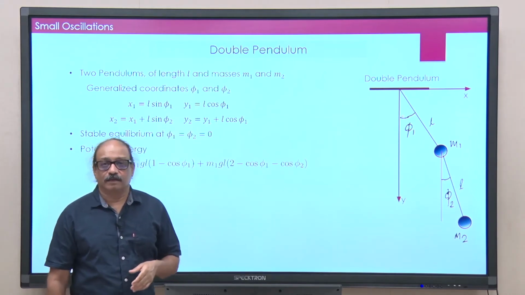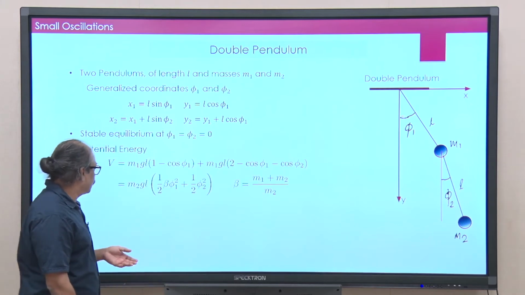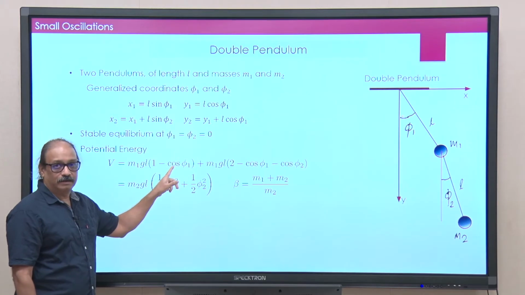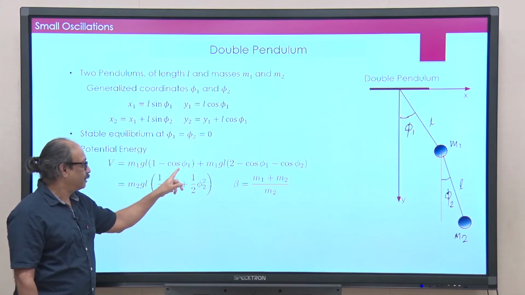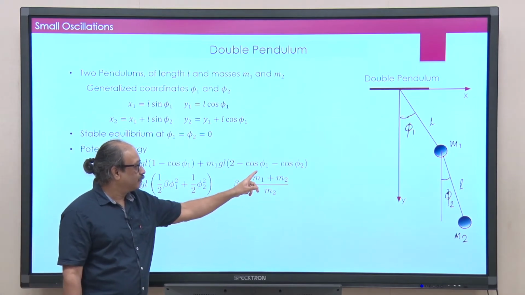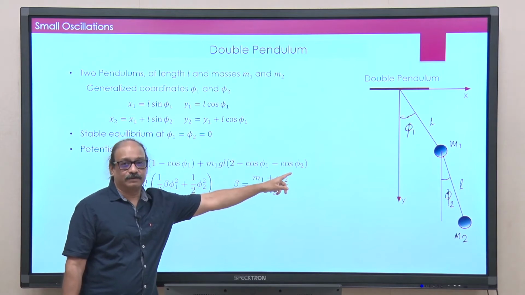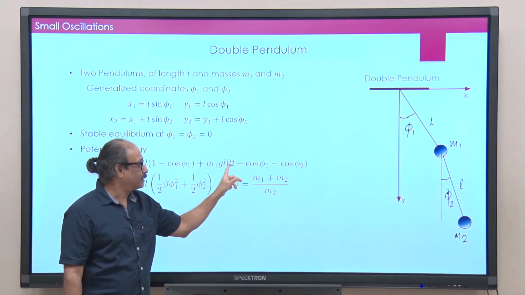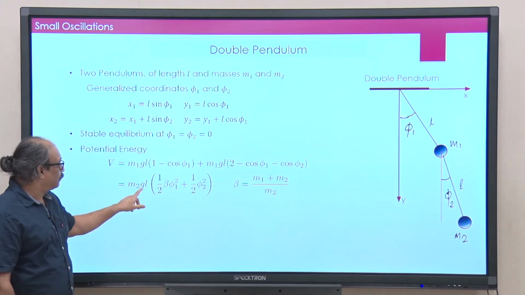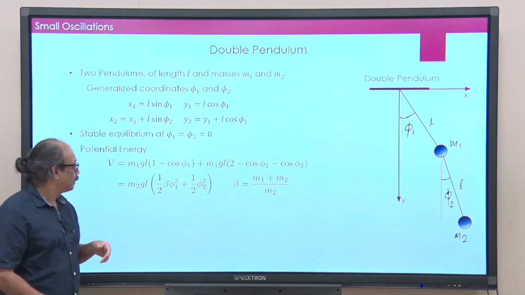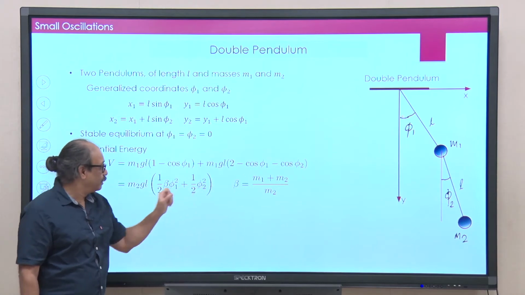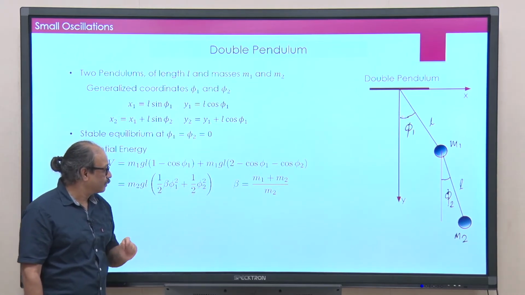And what do we do next? You do the Taylor expansion of this. Once you do Taylor expansion, then I get mg L. Here there is a term 1 which cancels with this one, and you get phi 1 square by 2, and then you get phi 1 square by 2 from here, phi 2 square by 2 here, and this one factor gets cancelled with this 2. And then I will take m 2 g L out of the bracket. Again remember m 1 m 2 g L into cos phi 1, this gives me that factor of beta there.